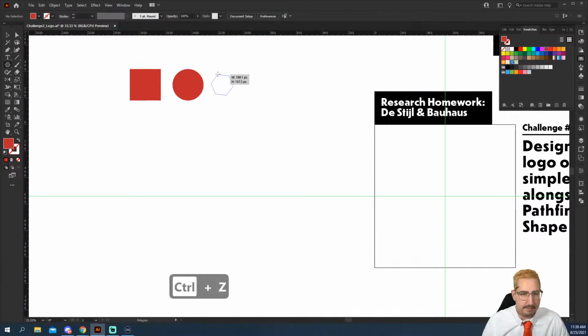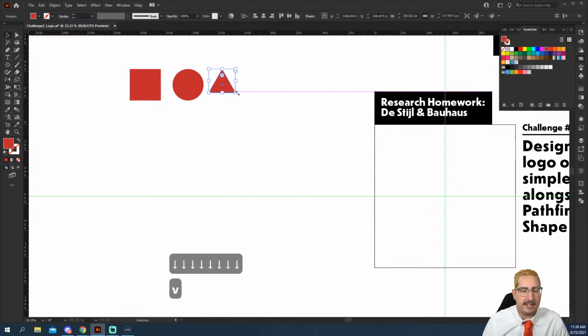And we're going to click and drag in the middle here. You can see this polygon's a little bit crazy. It has too many sides, but as we click and hold with the polygon tool, you can actually use the arrow keys going up and down, and each time you hit up and down, it will add a side to that shape. So if we want to, we can go all the way down to 3, and it will make that perfect little triangle for us, and we can click there, and now we have a perfect little triangle.